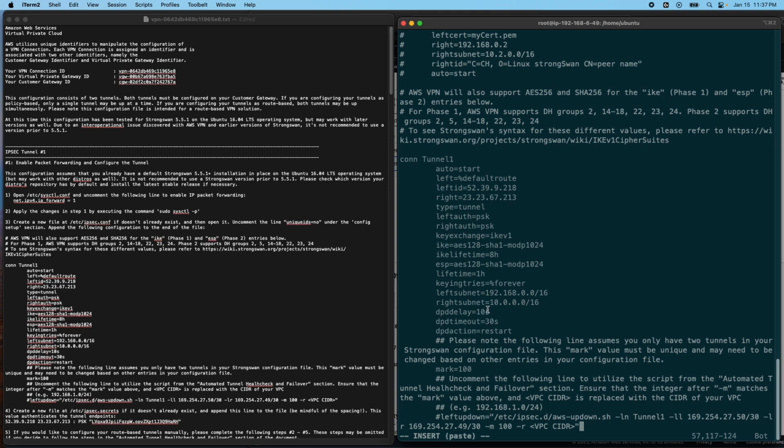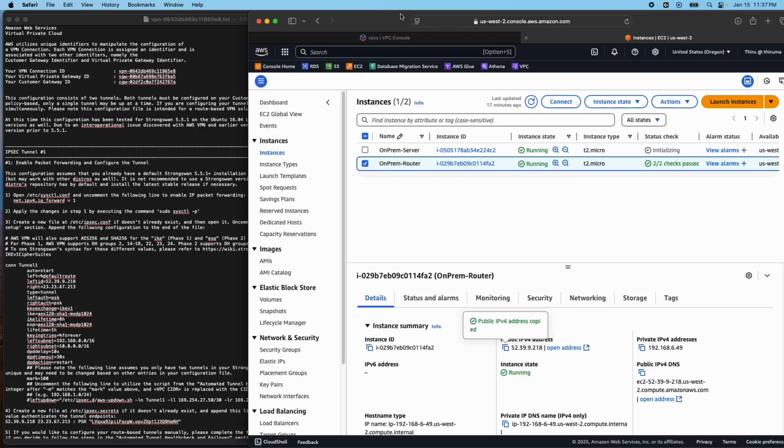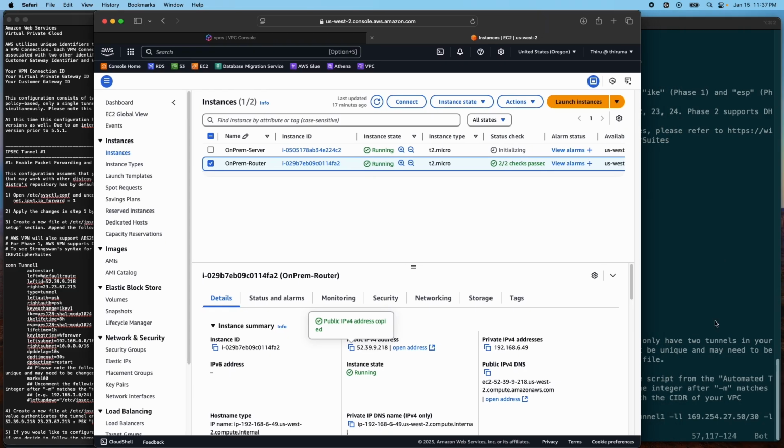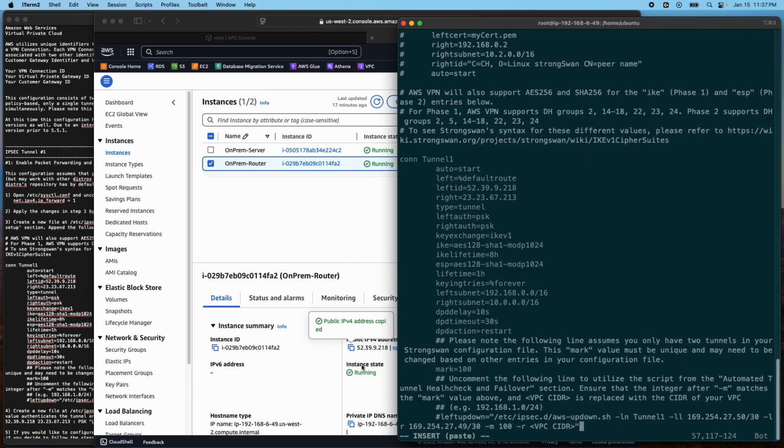Paste everything here. So the left ID, if you see here, I'll keep it in the middle. Okay, so this is the on-prem router public IP address. It's 52.39.9.218. So this one, and the right one, if you see,